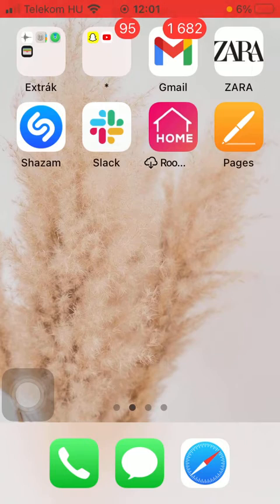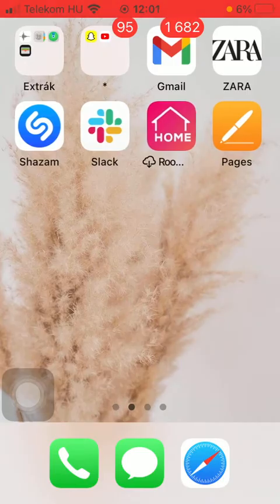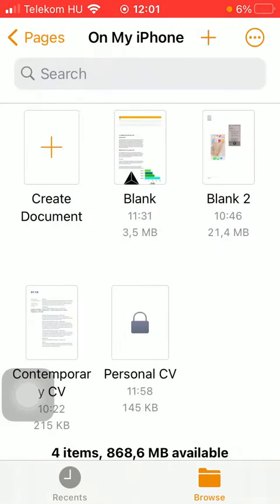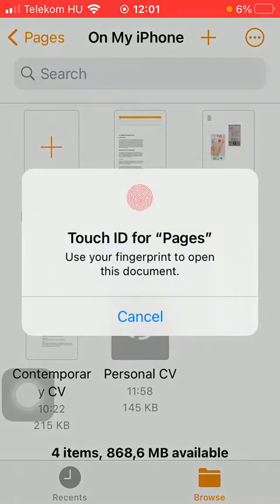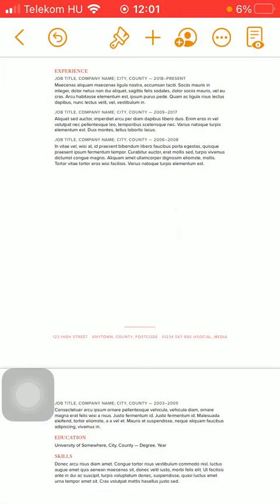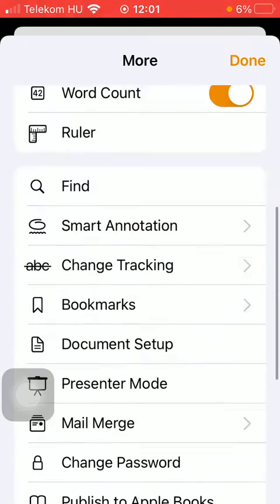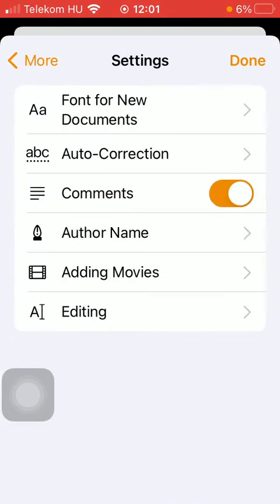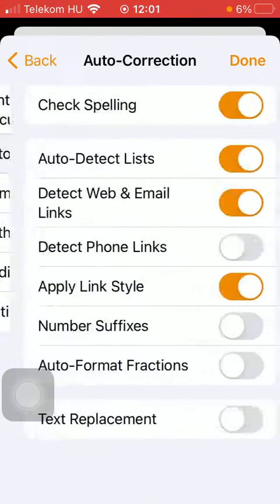application. First of all, open the application on your phone. Tap on the browse icon down below, which is the second option, and click on my iPhone. Then select the document. After that, tap on the three dots icon at the top of the screen. Now scroll down till you find the settings section, click on it, and then tap on the second option, auto